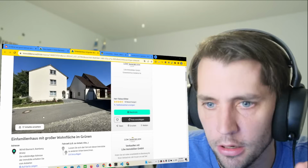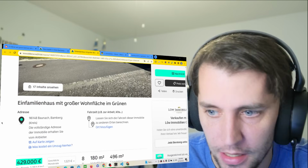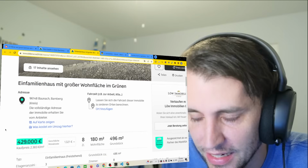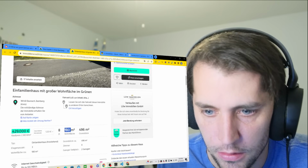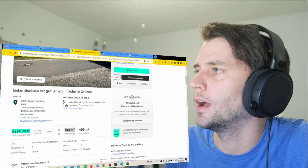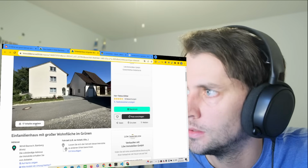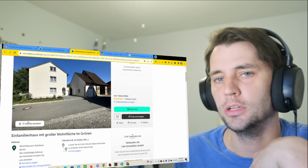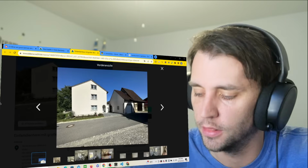Hold on. Okay, here, I think I found a house that someone actually lives in or lived in. A real house in Germany. Not that all the ones I've looked at aren't real, just I feel like a couple of them look like they're just out of a magazine. 429,000 euros. Wow, so that's approaching 500,000 US dollars for 180 square meters. This does not sound that big. I need to figure out how to do this in my head quickly. Okay, so it's big, but it's not that big. It's almost 2,000 square feet. Okay, but we're still talking way over $200 per square foot. Which, to be fair, I'm in a very cheap part of the USA. In the USA, a lot of places would also be over $200 per square foot. But anyway, let's look at...